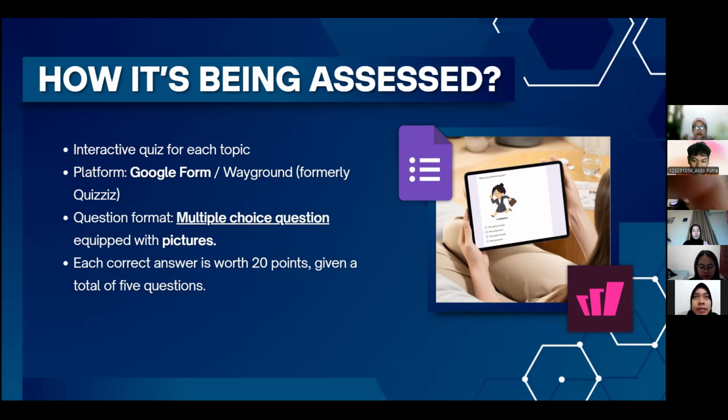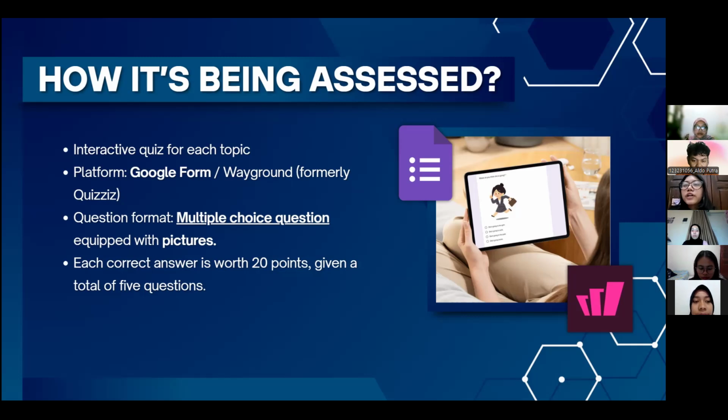The reason why we choose Google Form is because it's easy to access, and it has a feature that after the learner submits their quiz, the teacher can immediately sum up the scores into a Google spreadsheet, which will make the teacher's job easier to count the grade and score.